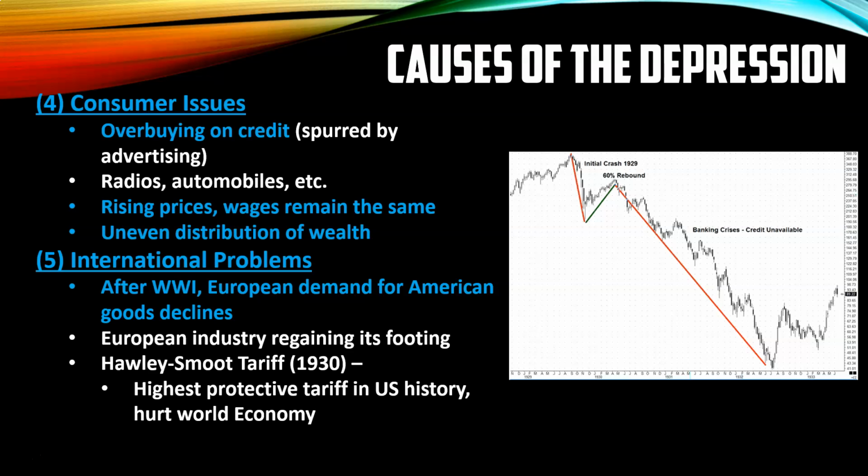European industry was regaining its footing towards the end of the 1920s into the early 30s. So we tried to put a tariff called the Hawley-Smoot tariff on goods, which was the highest protective tariff in U.S. history. The problem is it hurt the world economy. In trying to help America, we ended up hurting European nations and hurting ourselves because no one could afford the